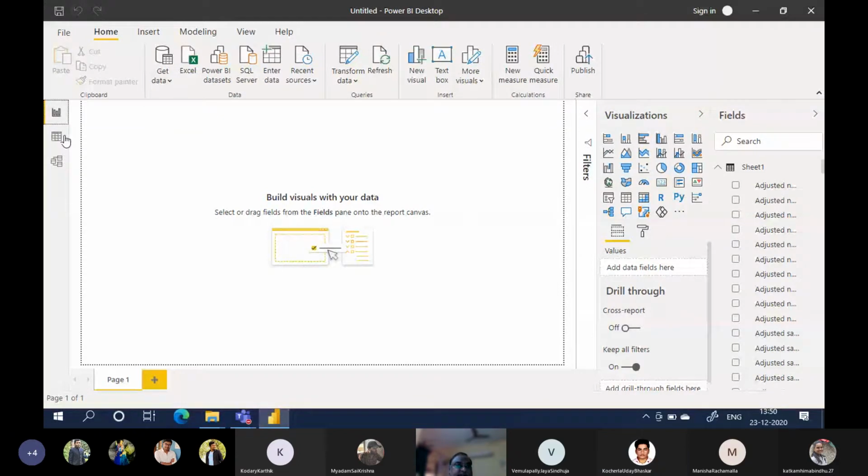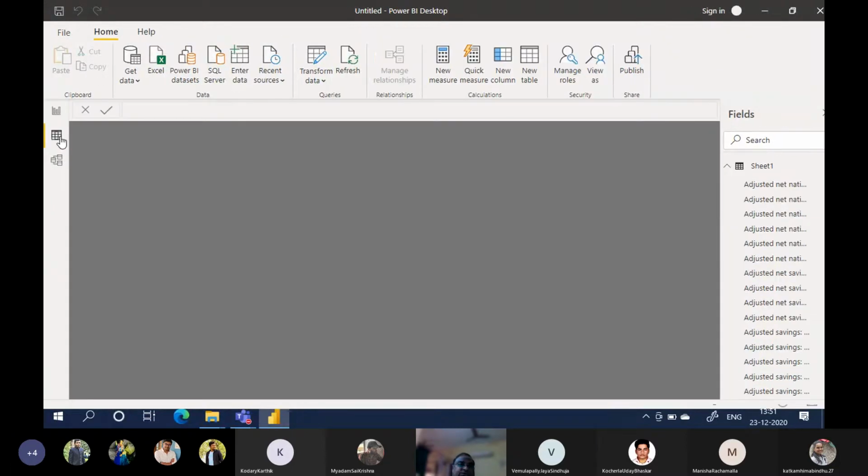Now, if you want to see the data, there is a table here. Left side below Report, you can see the data table. Click on the data table. You should see the data here.